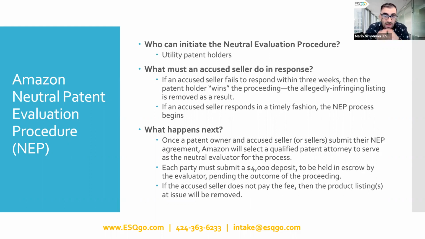And then once you decide to join the neutral evaluation procedure, each party puts up a $4,000 deposit or a bond. And the idea is that whoever prevails, whoever wins the proceeding, gets their $4,000 back. And whoever loses would lose that money. That money would go to the evaluator that Amazon has designated as the judge in the proceeding, right? And this judge or evaluator is just another patent attorney that Amazon has. So that's the process for the $4,000 and how to join. Once you do join,